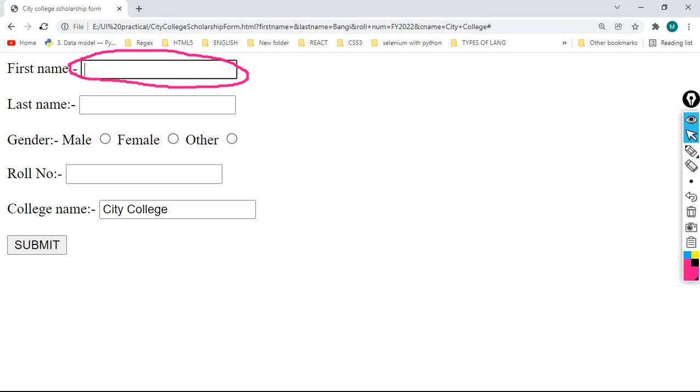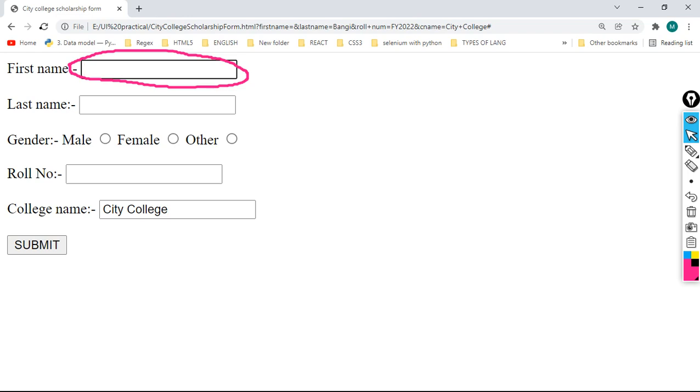See, the cursor is blinking. So as soon as the page is loaded, my cursor is pointing to the first name input field. It is indicating that you should enter your name here. Understood? But suppose I want focus on roll number.